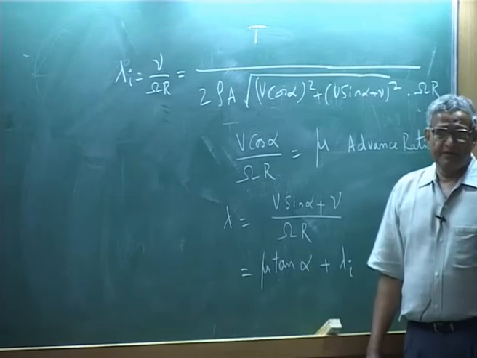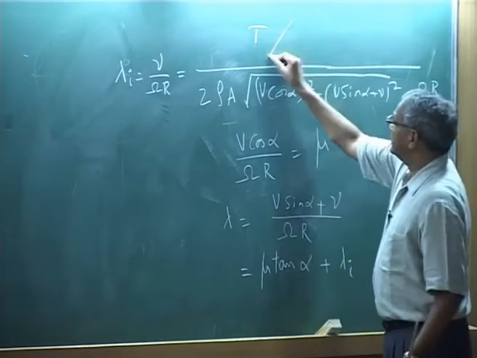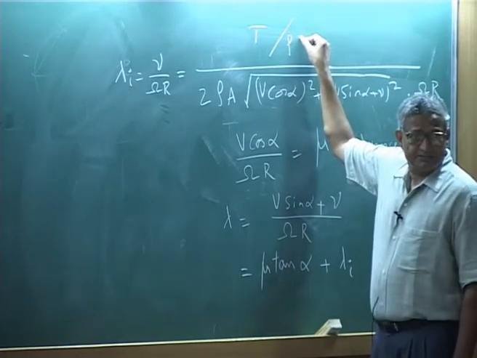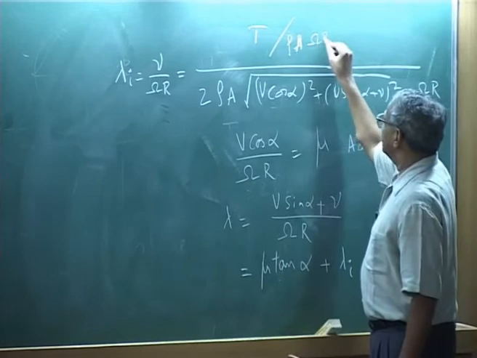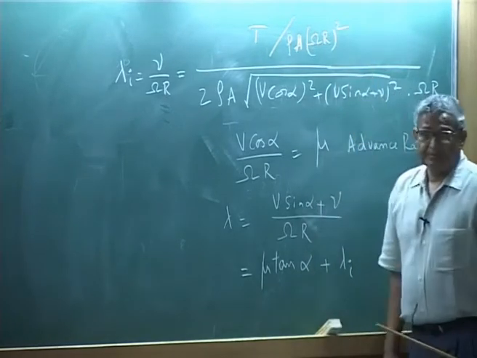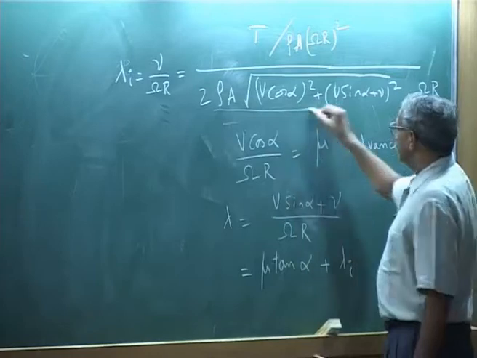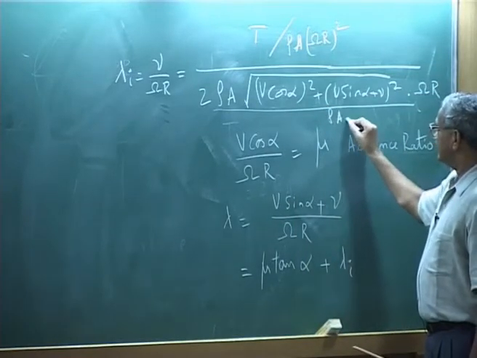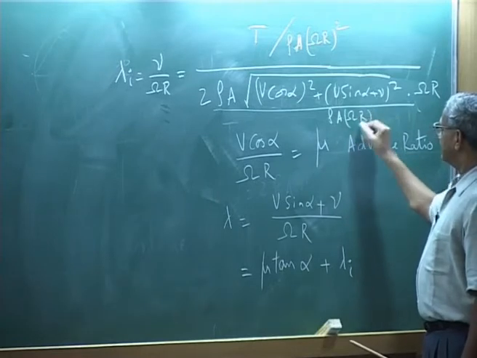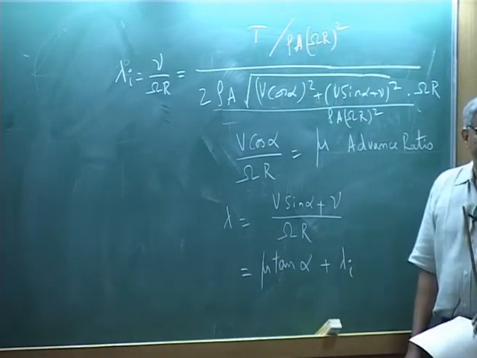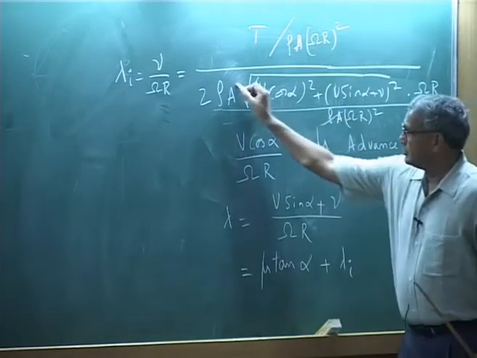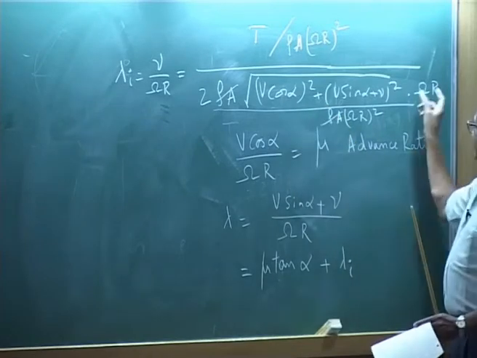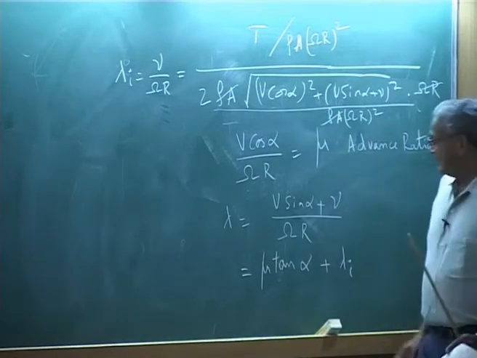Okay. If you want to non-dimensionalize, what you will do? You divide by rho, pi r square is area of the disc, and omega r whole square. So you will also divide this by the same rho a omega r whole square. Okay, so rho a will go up, one of the omega r will go inside, another will cancel out with this, leaving behind